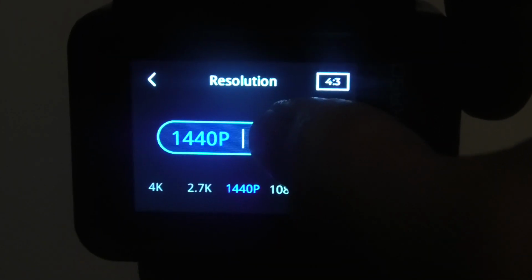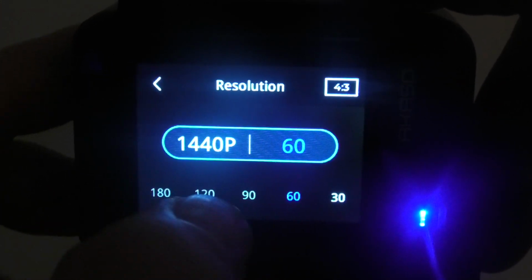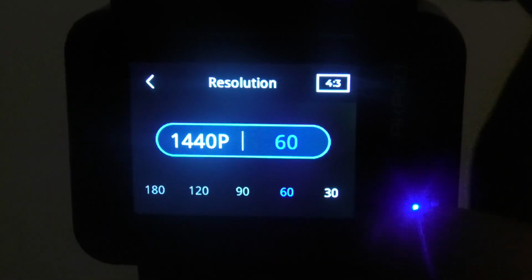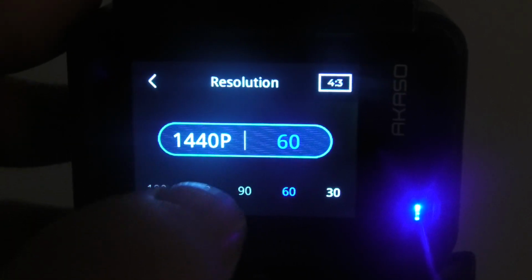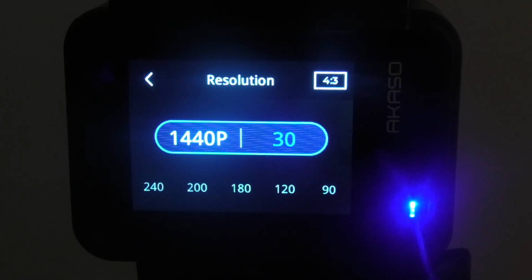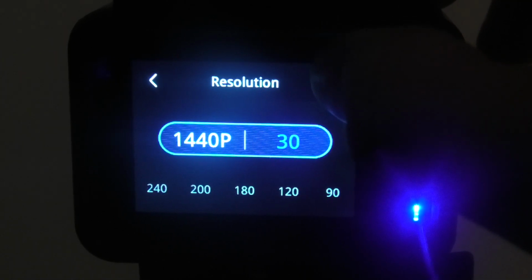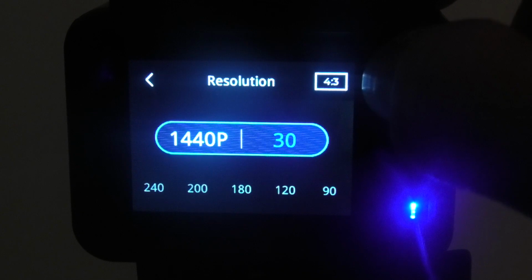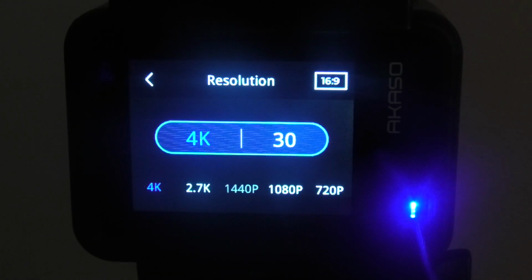So I'm going to press that now. And you can see I can swipe through, and we only have two options for that resolution: 60 frames a second or 30 frames a second. Okay, perfect. Now I'm going to tap that aspect ratio in the upper right again. Typically today you'd use 16:9 mostly. And tap it again, you can see it's back at 4K 30 frames a second.